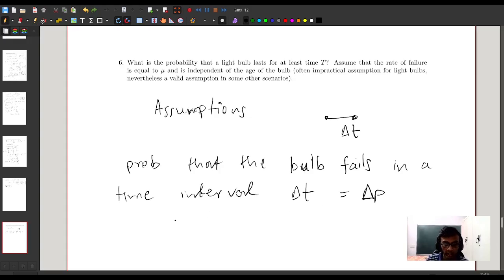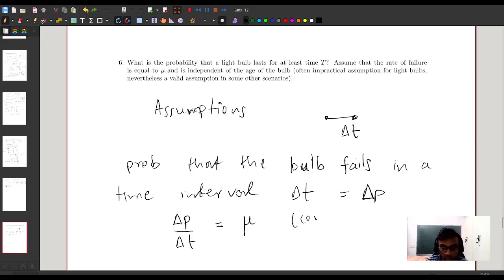So the rate at which the bulb can fail, this ratio, is given to be mu, and it is constant. This is the most important assumption. This is a constant, so it doesn't depend on time. Whether the bulb is 10 years old or 1 year old, this rate of failure is a constant, which is actually